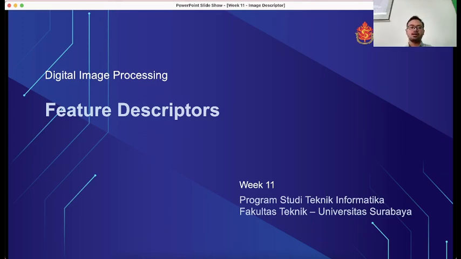We know the image contains pixel values, but that is not enough. Pixel values are not enough for classifying the image, and also if we want to detect an object inside the image, pixel values are not enough for differentiating between one image and another. That's why we need to learn about feature descriptors.